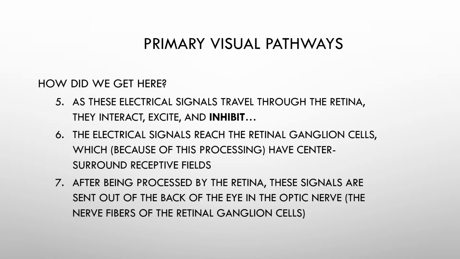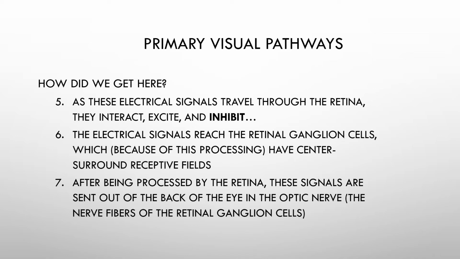As these electrical signals travel through the retina, because we have those photoreceptors, bipolar cells, retinal ganglion cells, and between those two, the horizontal and amacrine cells doing the crosstalk, those electrical signals interact, they excite and inhibit each other. The electrical signals reach the retinal ganglion cells, which because of this processing have center surround receptive fields. Remember, some are excitatory center inhibitory surround, some are inhibitory center